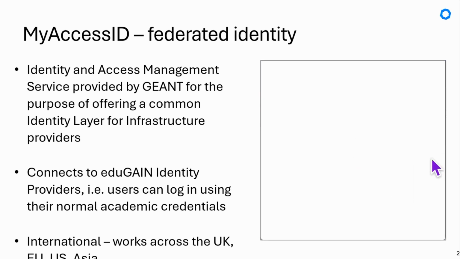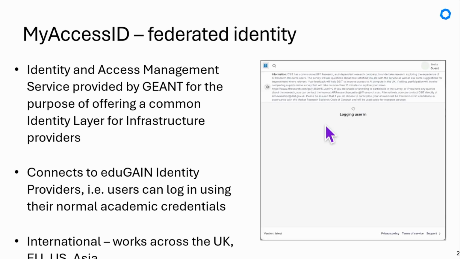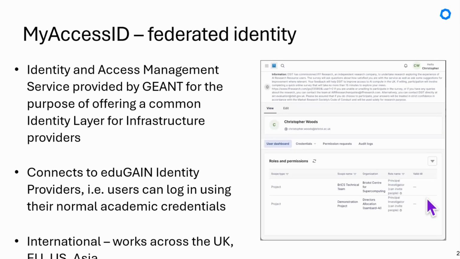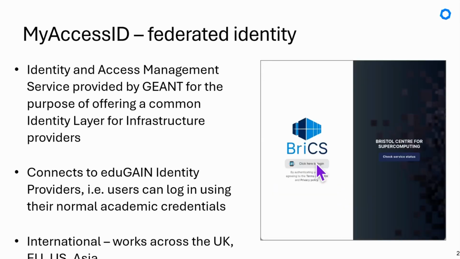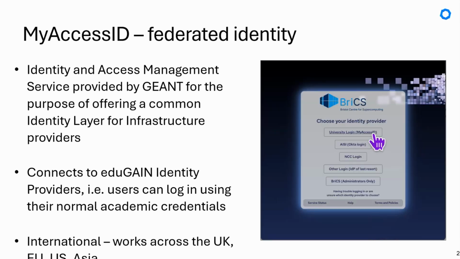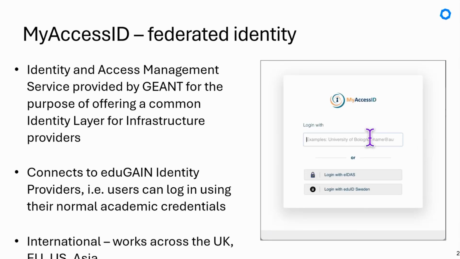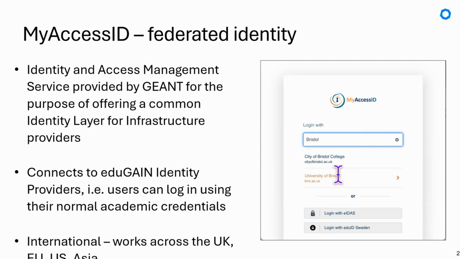So that means the users can just use their existing institutional identity in EduGain. And EduGain is supported worldwide, including the UK, EU, US, and Asia. That means they can use their existing institutional identity that's part of EduGain to log into the DRI service